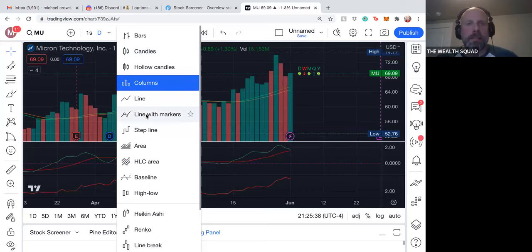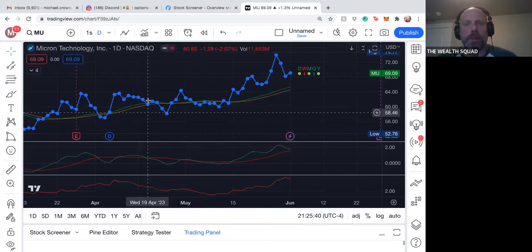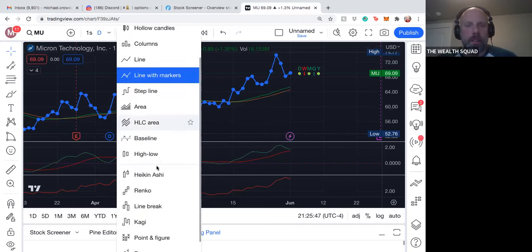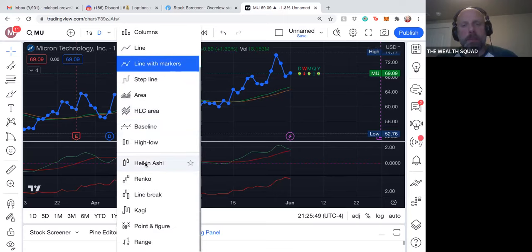You've got the lines. We'll put the lines with the markers. You could do that for the open and closing. It's all relative to what you want, right? The step lines, the area. You could do the Heiken. A lot of people trade with the